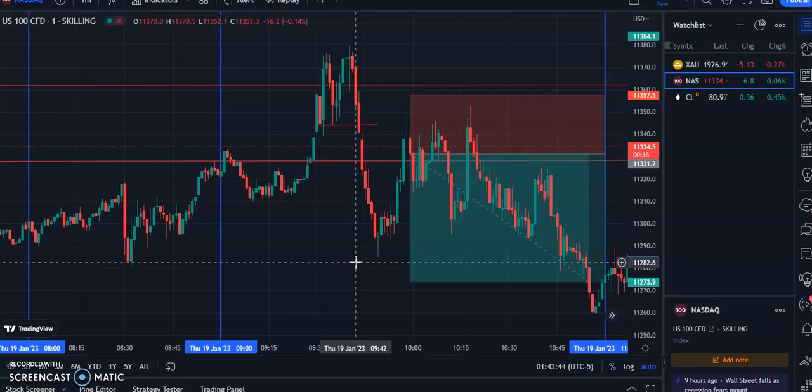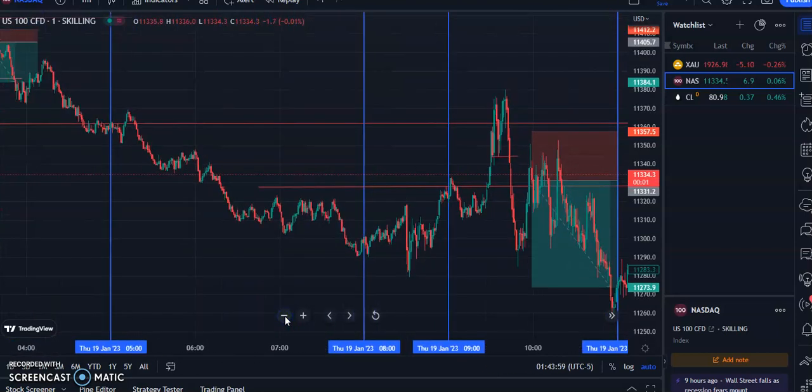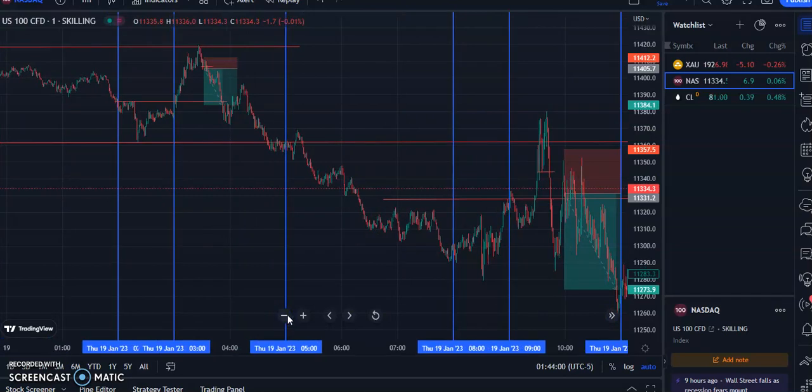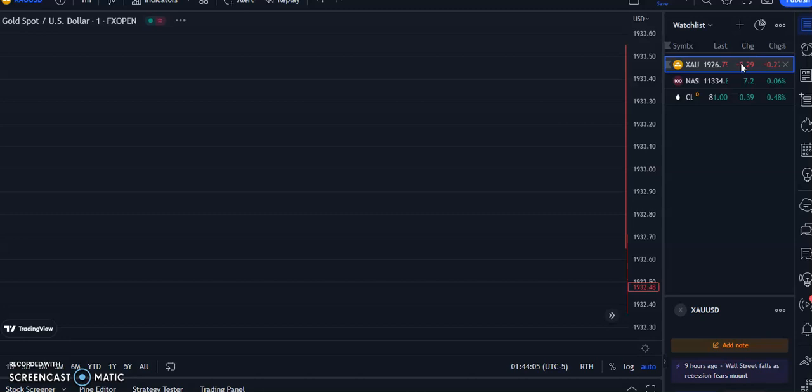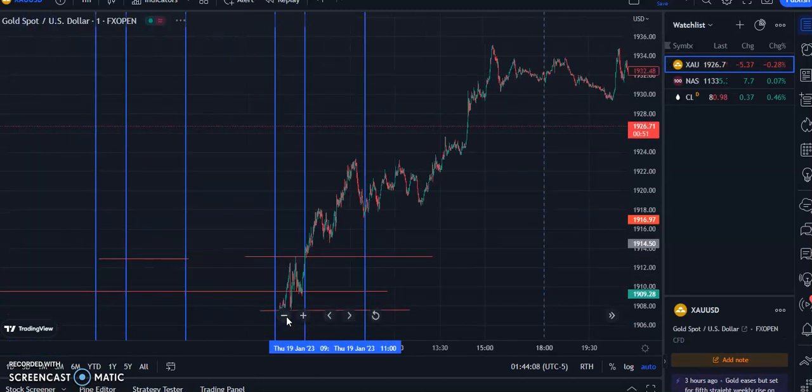Because a mistake is repeating a mistake. The first time you make a mistake, that is just learning. The next time you make that mistake, now you are just foolish. Anyway, guys, so yesterday those were the highest probability setups. Although gold gave us a very good setup during the London session,